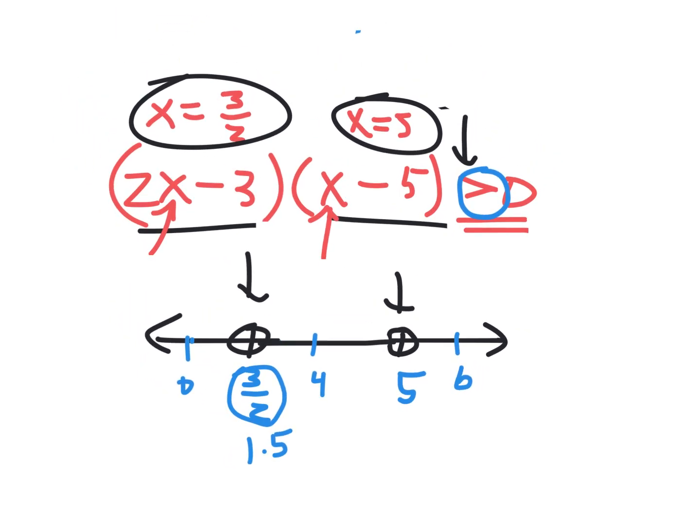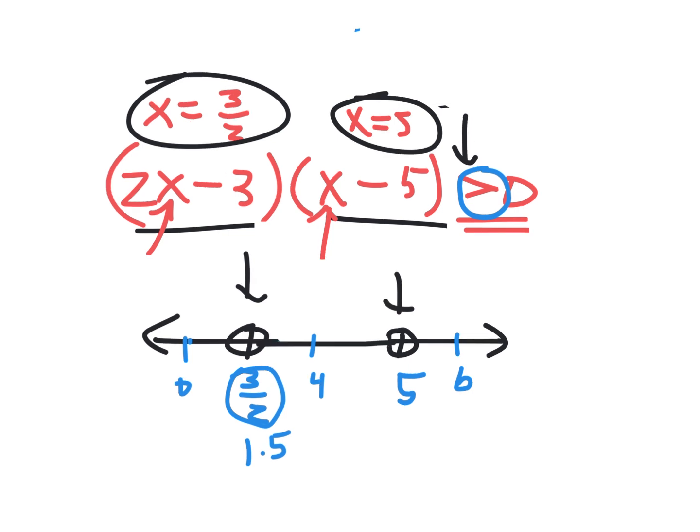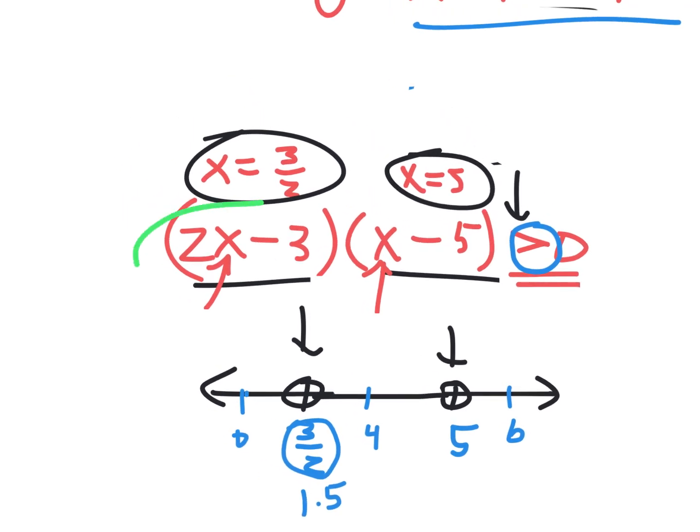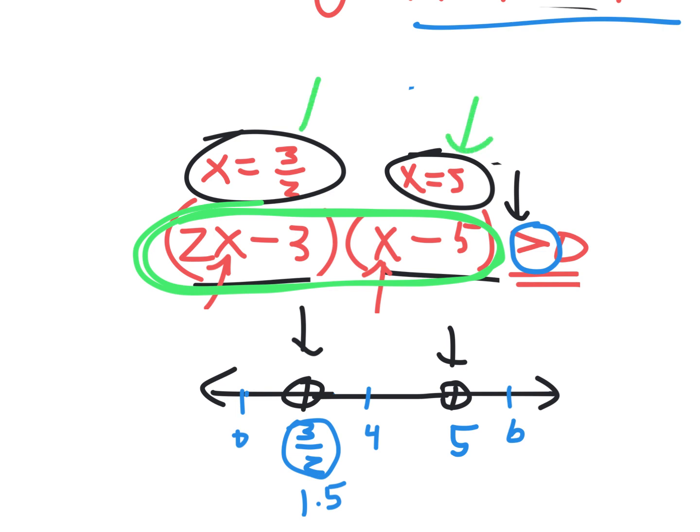I'm just going to show you another way that you could do this. Would you agree that this is a parabola? Because it's a quadratic, so it's a U shape, right? And that the x-intercepts here are like these two numbers right here and here. So I don't know if you've ever thought of it this way, but your parabola would go through it like